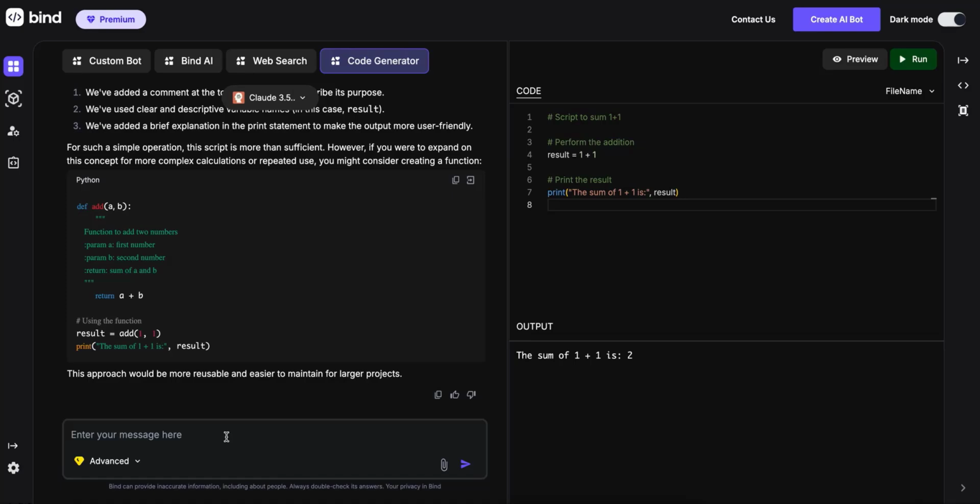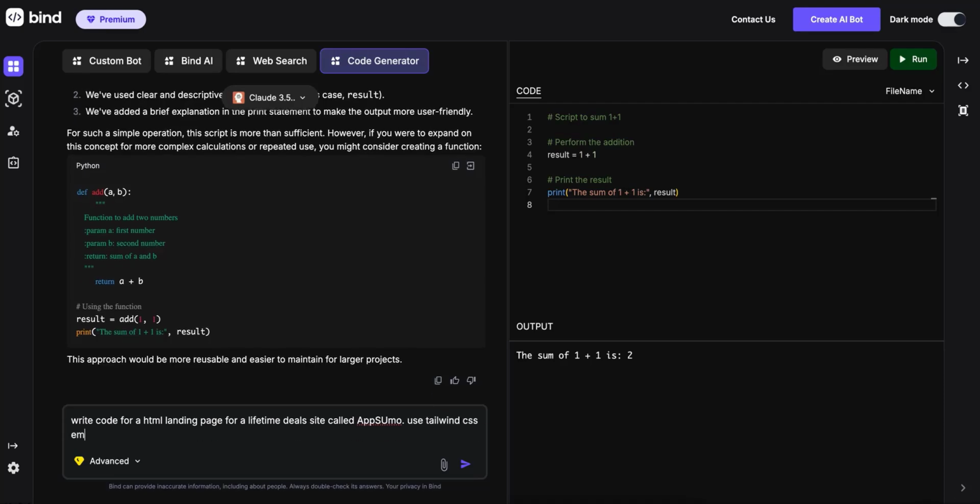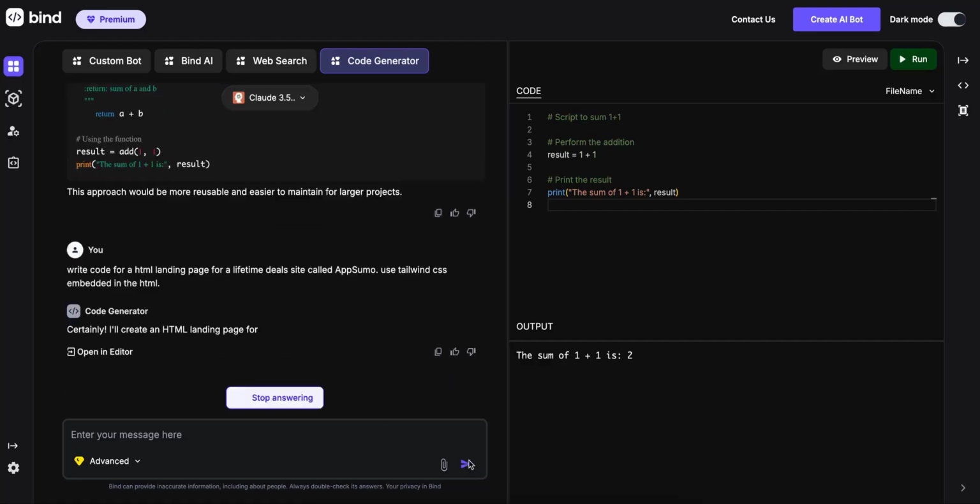In the code generator, you can also generate web pages. So for an example, write code for a HTML landing page for a lifetime deal site called Appsumo. Use Tailwind embedded in the HTML. So you can just give a prompt and it is going to generate the code, and